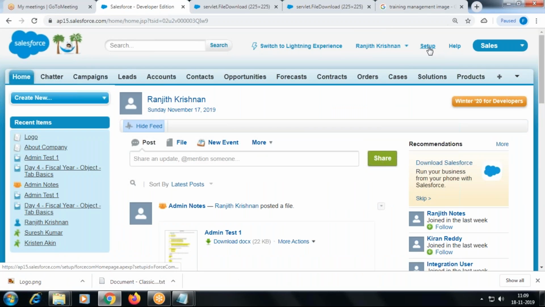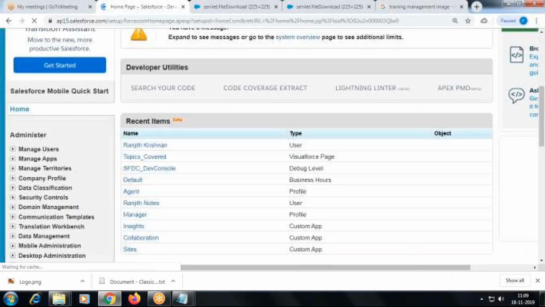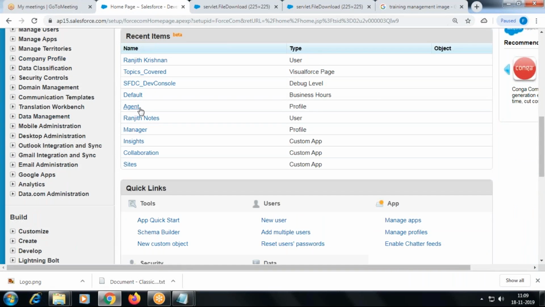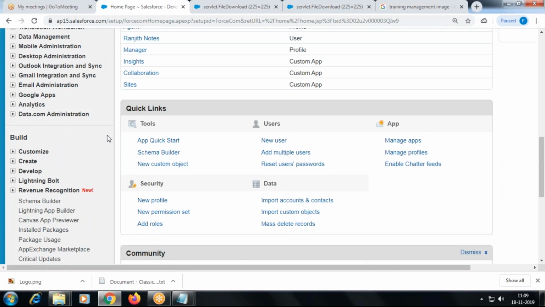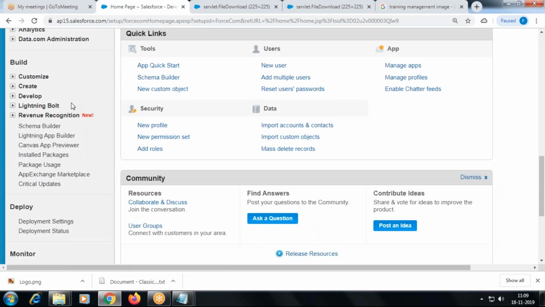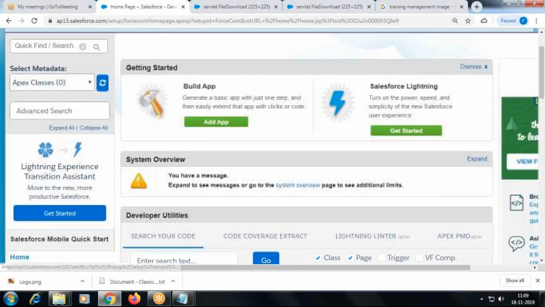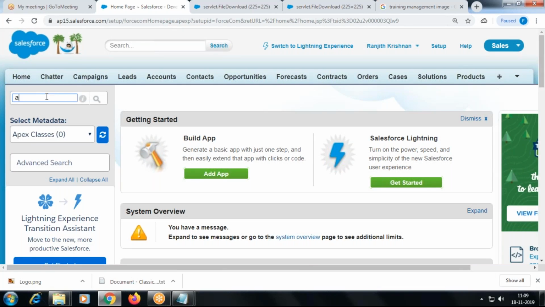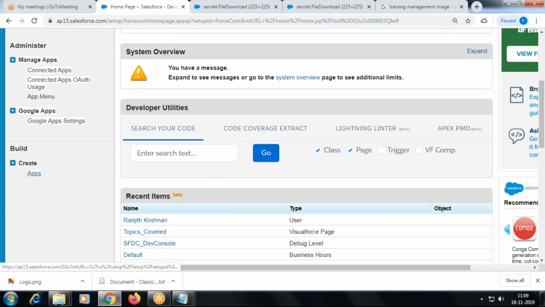So I go to Setup and scroll down. Can you guess which section I can create the application in? Administer or Build? Build only, right? The name says so. And which subsection? Create. Which one? Apps, right? Or else you can filter here for Apps.